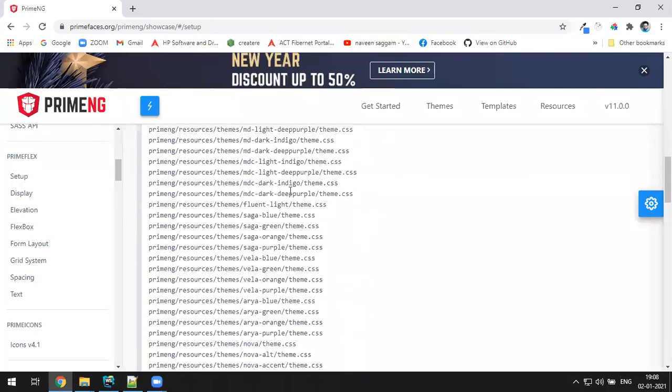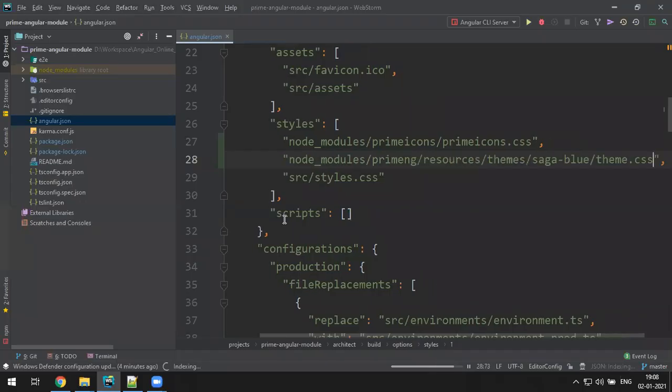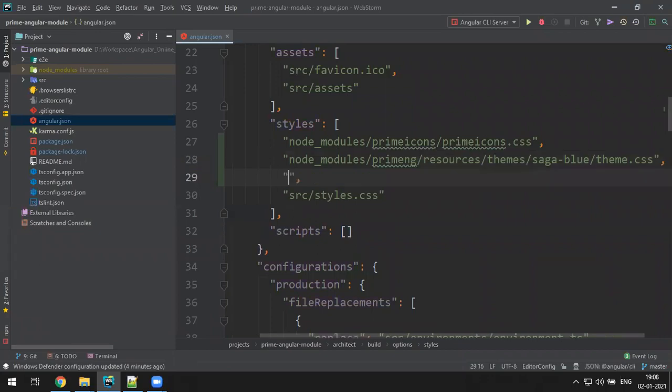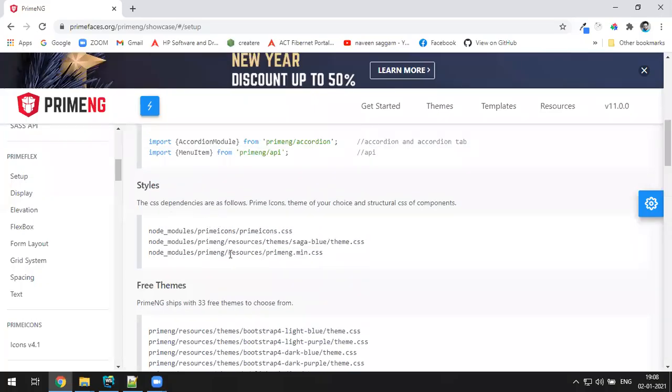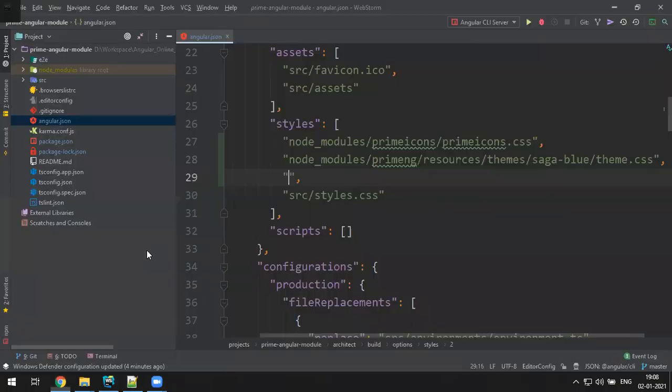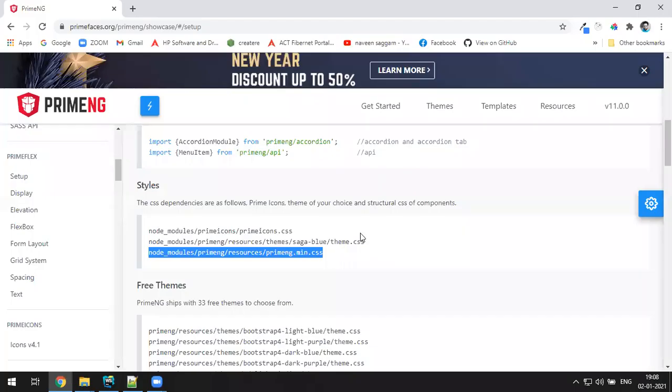If you want, you can select any theme from here. One more is primeng.min.css, which is the actual CSS of PrimeNG. Done. Any customized styles you can write in styles.css. No scripts or JavaScript files are required. Generally with Bootstrap we write them, but here it's not required.